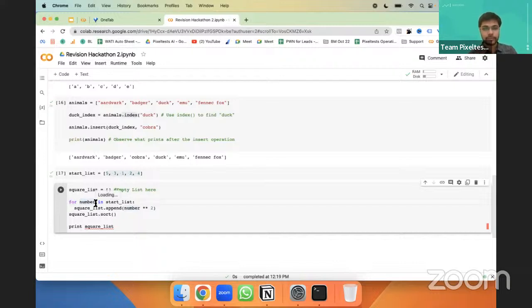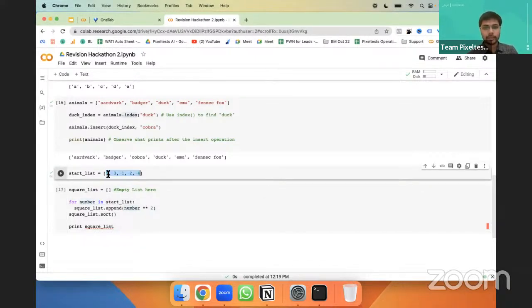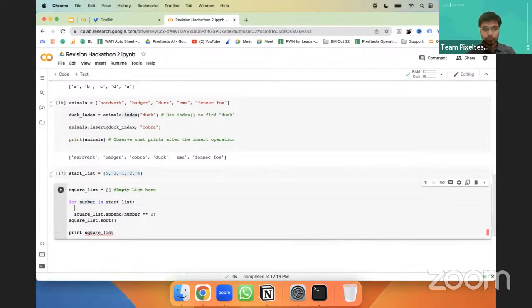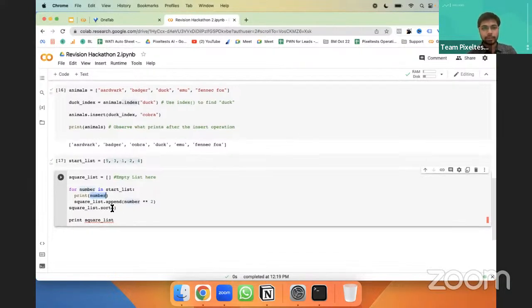It will start from 0. So when the loop first runs, the index will be 0, and the number taken is 5. I'm also going to print number, so you'll know what the number was. Whatever number is coming, it is going to pick that particular number.